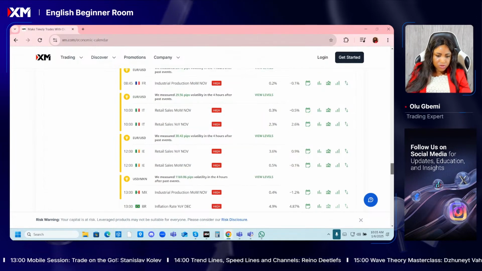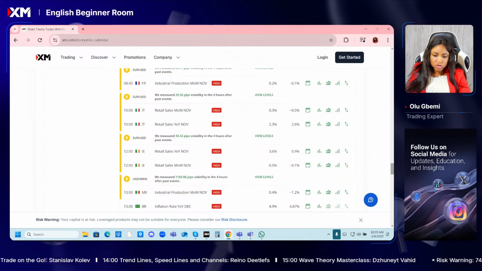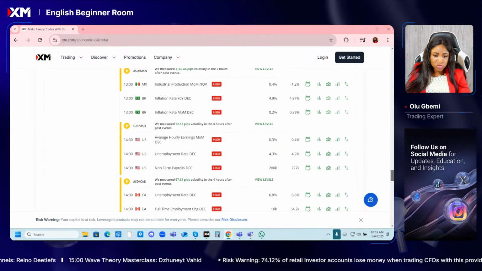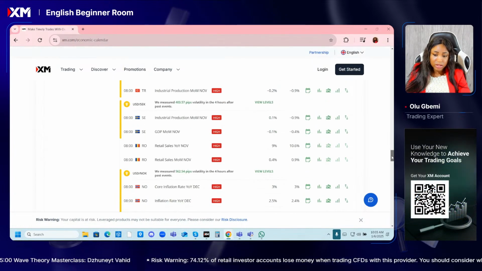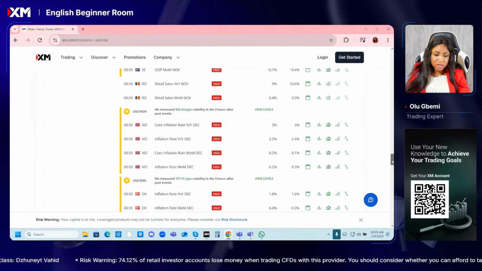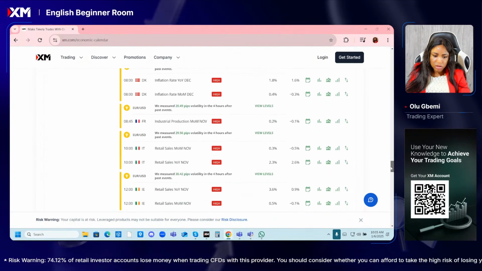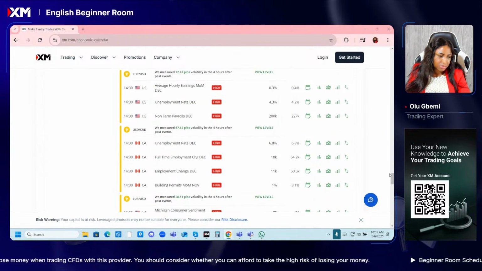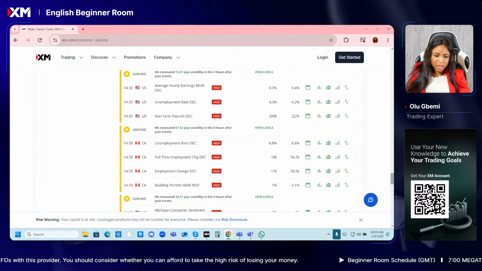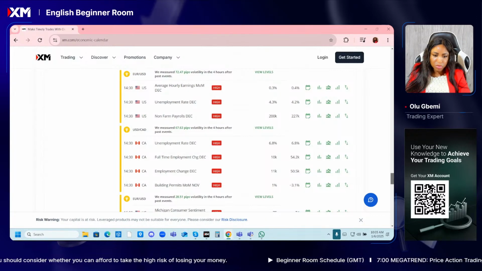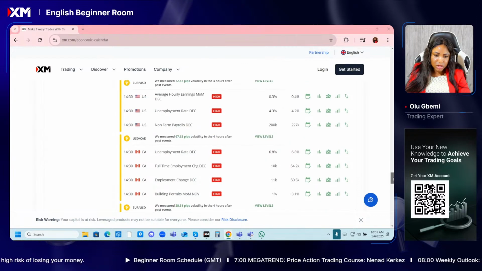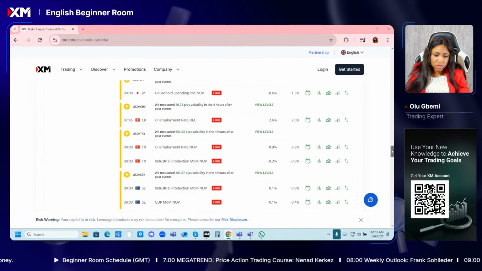We also have some of the countries from the Euro area, the individual countries in the Euro area have quite some number of news to expect. And we do not want to forget that the coming Friday is the first Friday of the month. So we are going to be expecting the NFP. I think that's basically the major one that we will be expecting for the week, the employment report too for Canada. So main news that I think I will be paying attention to is toward the end of the week.